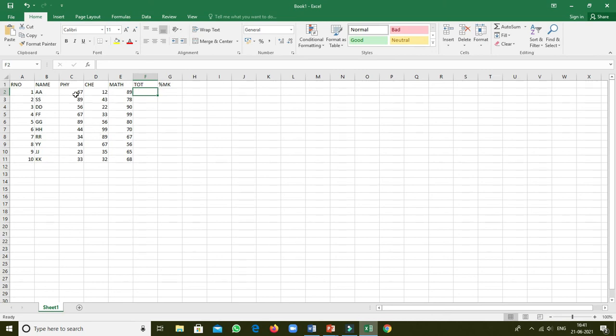For the total, I have to calculate a candidate's total mark, that is physics, chemistry and mathematics added. So how do you write the formula? Always your formula should start with an equal to symbol. Type equal to, then click this cell, plus this cell, then plus this cell. Okay, then press enter. It is correct, 168 is there. So you are adding C2, D2 and E2. But think about if you have lots of columns, thousands of columns. Then this formula is not perfect for us. Okay, it takes lots of time.